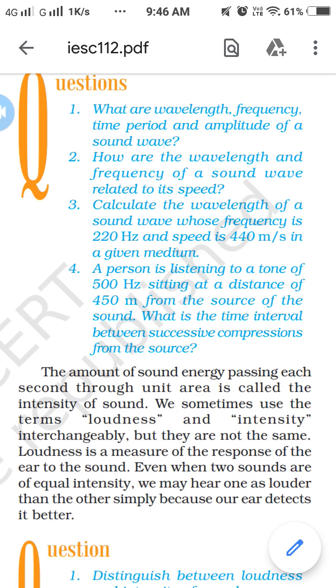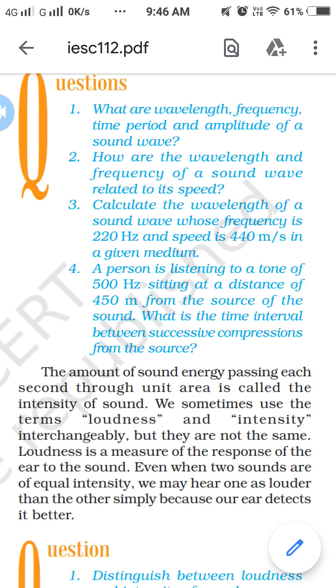wave. Next one, frequency. The number of sound waves produced per second is called the frequency of the sound wave. Then, time period. The time taken by two consecutive compressions or rarefactions to cross a fixed point is called the time period of the sound wave. The next one is the amplitude. The magnitude of the maximum disturbance in the medium on either side of the mean value is called the amplitude